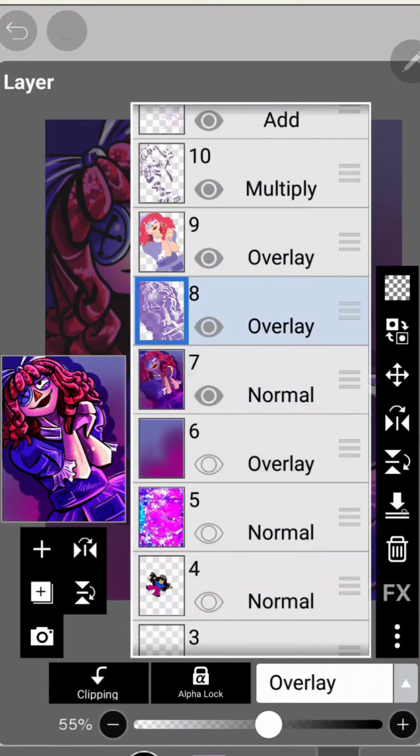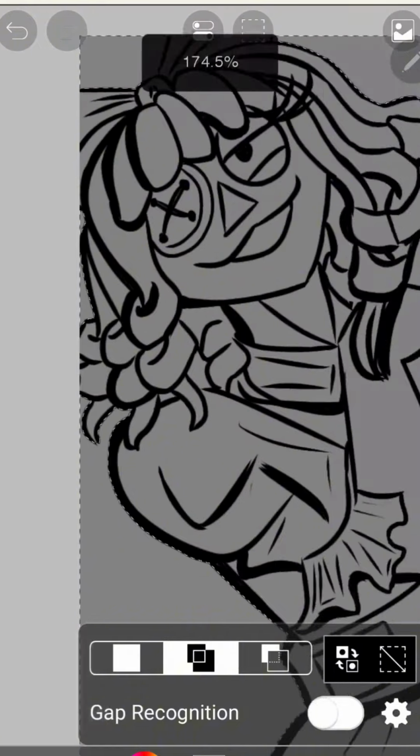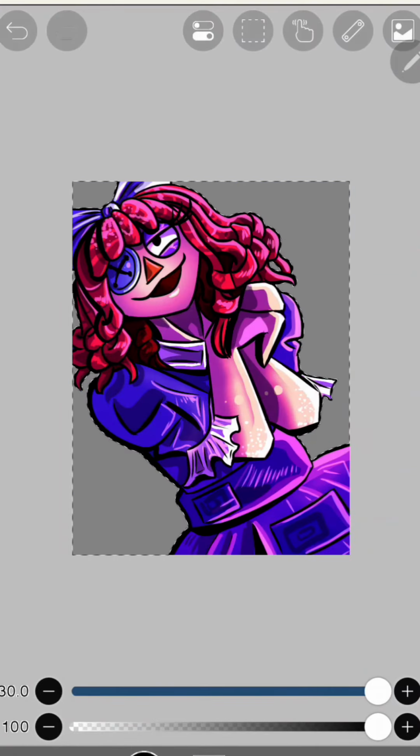Last and final step is clean up. Merge all your layers, use the magic wand to select the areas where you don't want the excess paint to go, erase it, merge all the layers completely with your background, and don't forget to add your